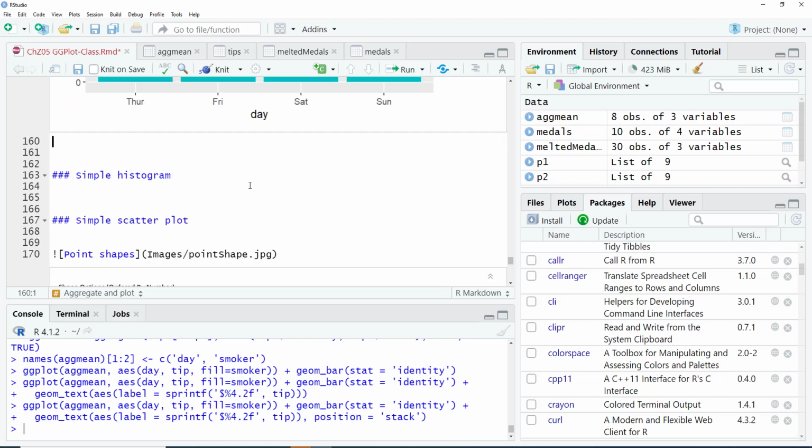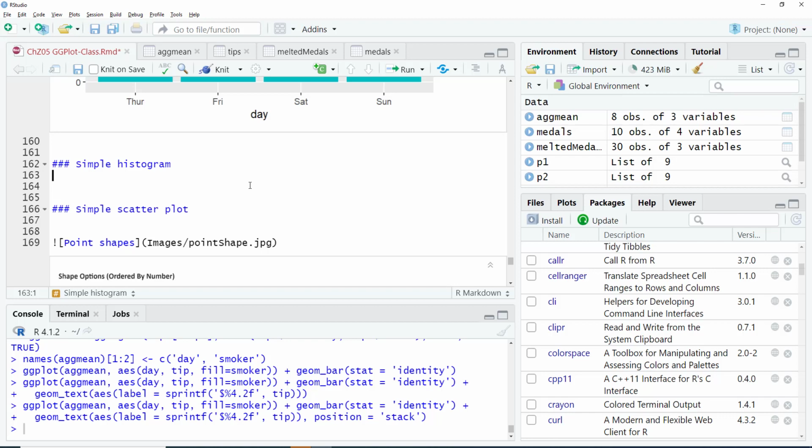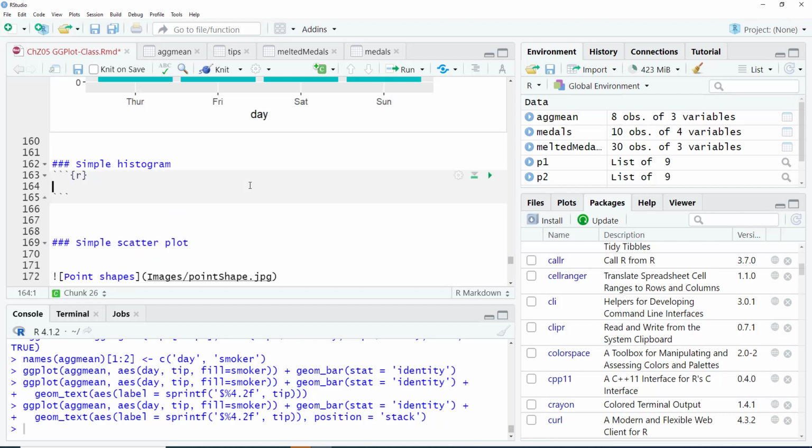Let's look at some histograms next. So histogram is again very easy to plot, and we do ggplot. Say we want, tips is the data set, and in AES for a histogram you have only one axis, the x-axis, and the height is going to be the frequency. So you say what you want a histogram for. Okay, so tip is the variable for which we want the histogram, and then if you do plus